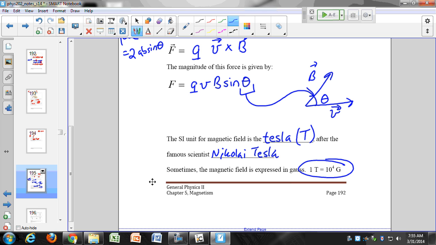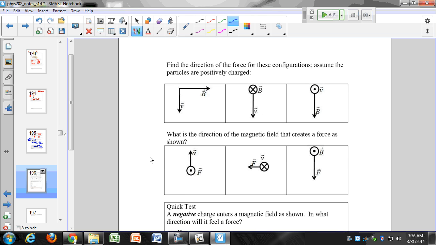Let's do a few problems just where we're finding the direction. We'll use the right-hand rule to find the direction of the force that's acting on these particles. And as we said, the force is always going to be perpendicular, or orthogonal, to all the others. So what is the direction of the force on this first particle? You'll see a variety of multiple choice problems like this. Take my right hand, my fingers go in the direction of V, my magnetic field.